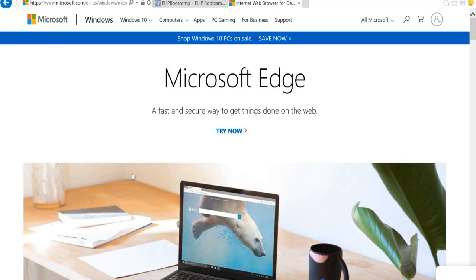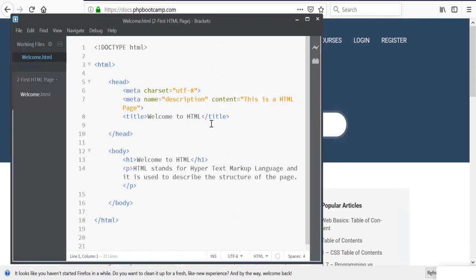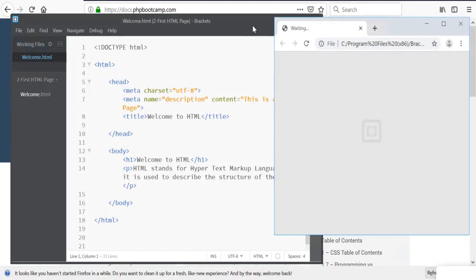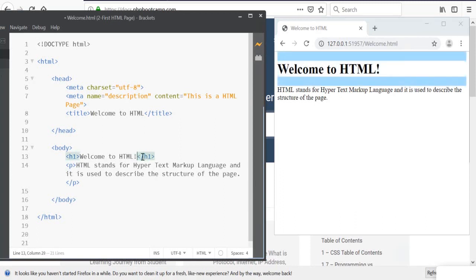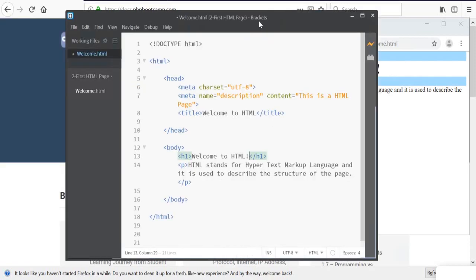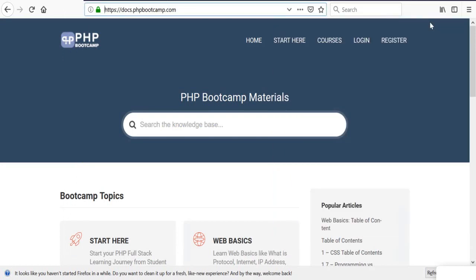Coming back to the editors and the IDEs, for this course we will use the Brackets editor, and this editor can be used to write HTML, CSS and JavaScript. One good feature about this editor is the live preview. Whatever you write here, you don't have to go to the page and execute it. There's a button here, and when you click on it, it will show the output, and whatever changes you make, you don't have to refresh the page. It's automatically updated. So this is the editor we'll be using in this course, but again, it's up to you. There are many other editors available in the market. You can go ahead and use them.